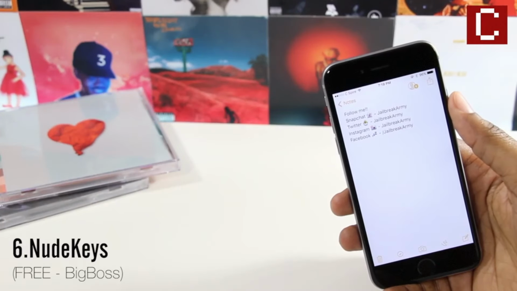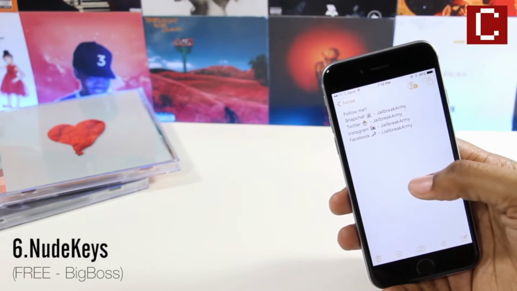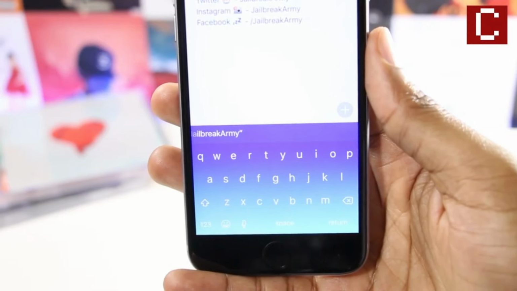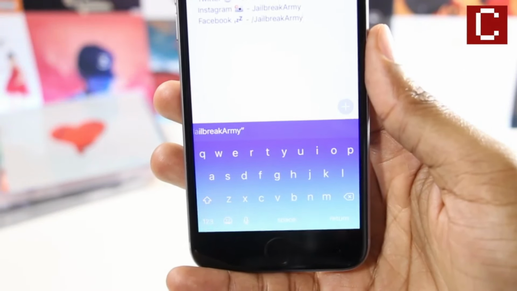Nude Keys is a tweak that allows you to fully customize the look of your keyboard throughout iOS. You can choose between a dark mode, gradient, or you could just go through and pick the colors that complement